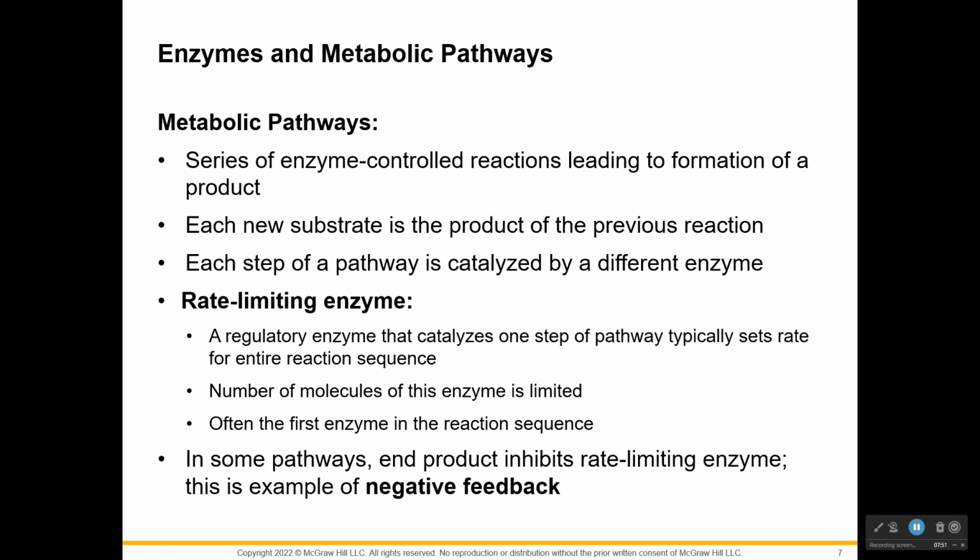So a metabolic pathway, if I think about a pathway at my grandma's house, it has all these little steps. So this is a series of enzymes that control the formation of a final product. So those two substrates will make a product, but that product becomes another substrate for the second enzyme, and the pathway continues. Now it is rate limiting because you're dependent on the first enzyme to make the second enzyme's substrate, and so